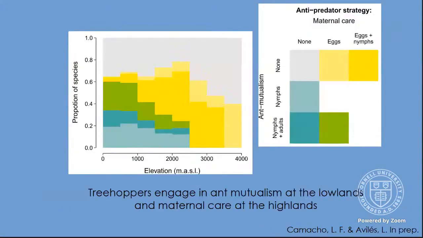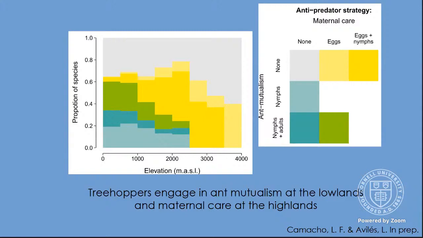Now, when we analyzed the types of anti-predator investment across elevations, we found a qualitative shift in investment. In this graph, bars represent the proportion of tree hopper species exhibiting different behavioral strategies within the community, right? So the legend at the right shows the color coding for the table depicting tree hopper anti-predator strategies that I described before. And here, more intense blue depicts increasing investment in mutualism, and more intense yellows depict increasing investment in maternal care. And we can see that communities at the lowlands are dominated by species